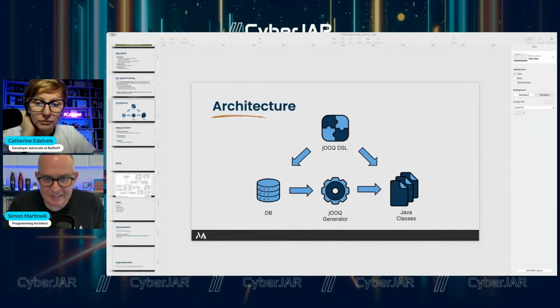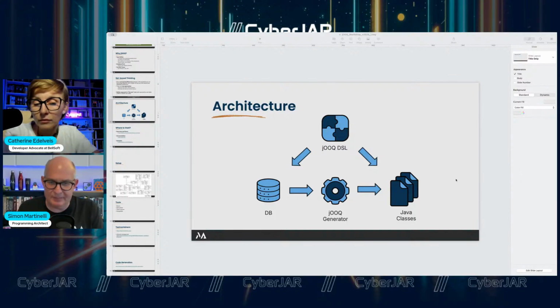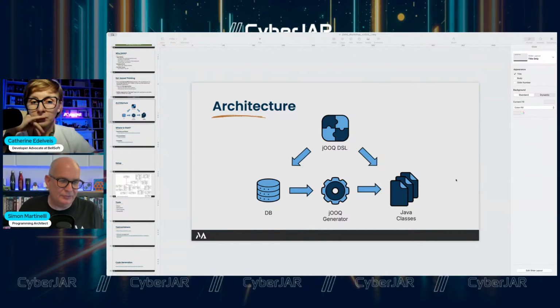Okay. So this is the architecture of JOOQ. It means we have two parts for JOOQ. One that I already mentioned, the domain-specific language on top. And then we have the JOOQ generator that generates the Java classes that you use then. And JOOQ is absolutely database first. So you don't do something like you do with JPA, because with JPA you usually go ahead and define an entity model, and then you map it to the database, or you let Hibernate generate the database tables for you. JOOQ assumes that the database already exists.